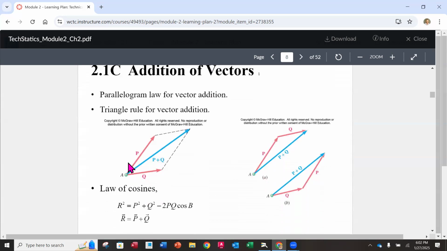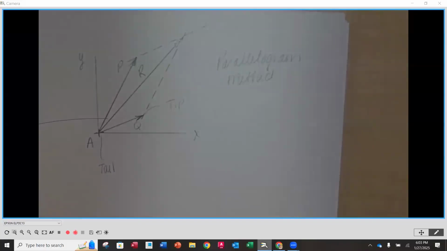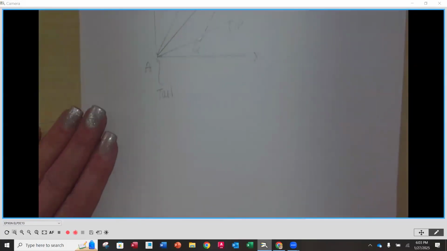We saw the parallelogram rule. Let's look at the same type of process, but we're going to use the triangle method now. So using those same two vectors, Q and P, instead of using the parallelogram rule that we see here, we're going to use what we call the triangle method. So the triangle method is going to be starting with